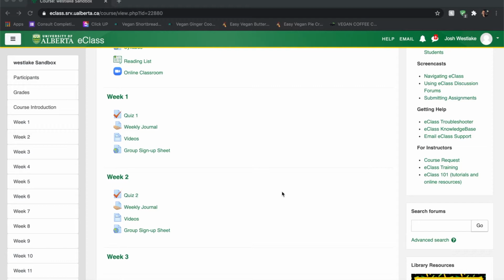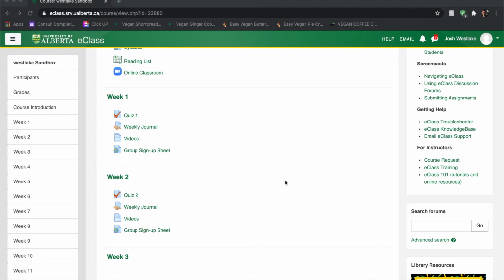An alternative would be to separate the sections by the type of content that the students will find within the sections. So, for example, maybe you only have 2 assignments that the students are going to complete throughout the entire year. Maybe you have a block that is just called assignments, and then you put those 2 drop boxes within that block. And then maybe you have a section for quizzes and a section for online videos or what have you. That works really well for classes that don't have a lot of items that students have to check off on their to-do list every week.